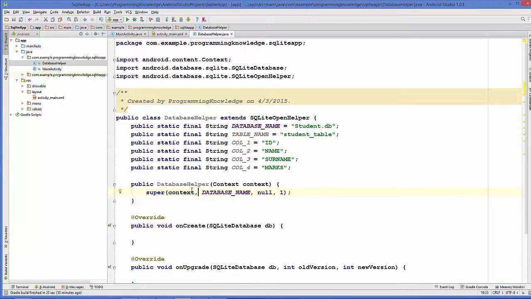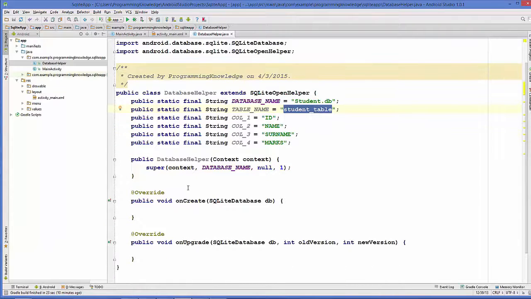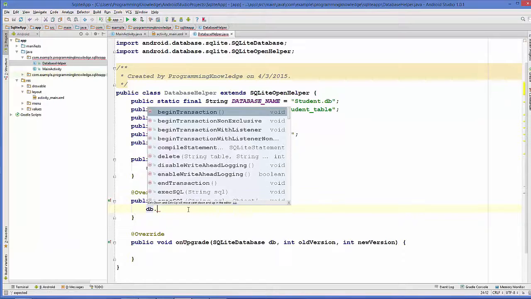Now in order to create the table inside your database, we are going to create a table whenever this onCreate method of this class is called. You can see the SQLiteDatabase class is the argument inside onCreate, right? So we can just take this db, which is a variable of SQLiteDatabase, dot execute